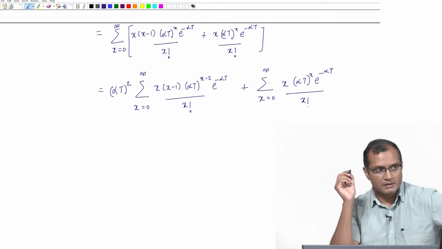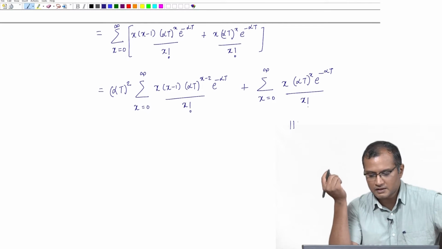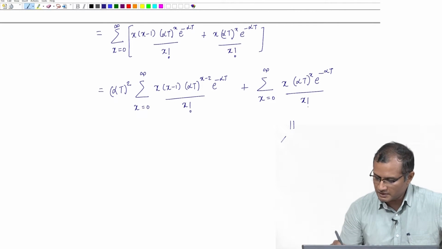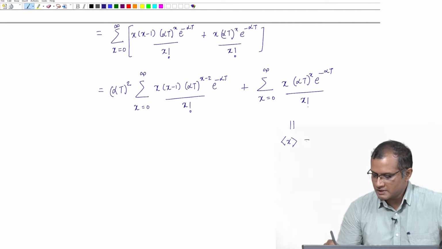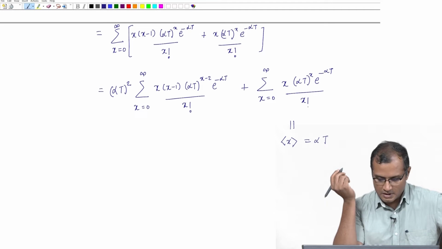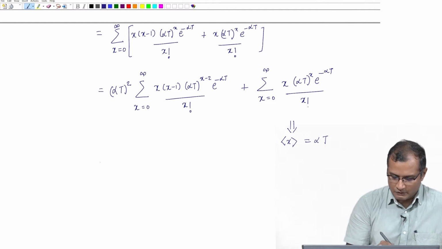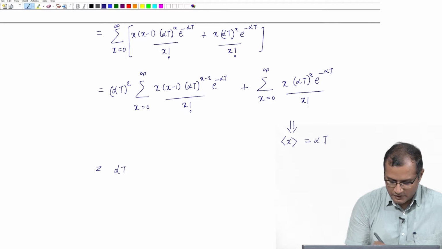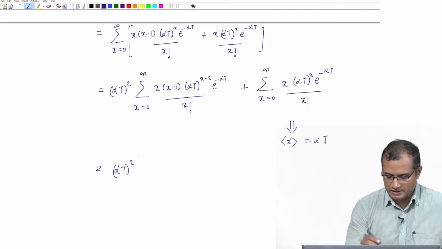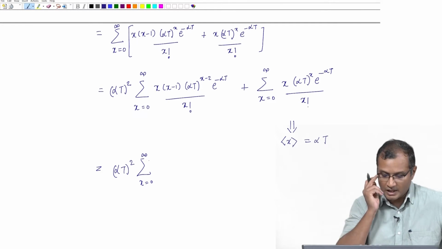All right. So, summation goes in both the terms. Now, the second term is already known to me, that is nothing but the first moment, which is computed as alpha t, it is already pre-computed. So, what I am going to do with the first term is just a small manipulation here. I am not going to complete the calculation, because this is tedious and does not prove beyond a point, is basically I am going to write this as